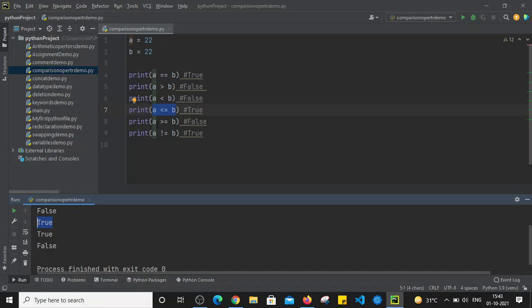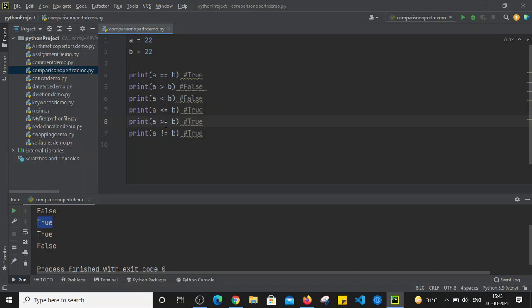In the next statement, we are checking whether the value of a is greater than or equal to b. Here a is 22, b is also 22. That means this will again return the value as true. It will check whether the value is greater than or equal to.